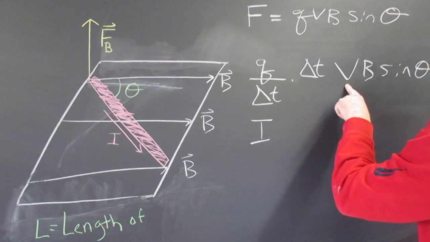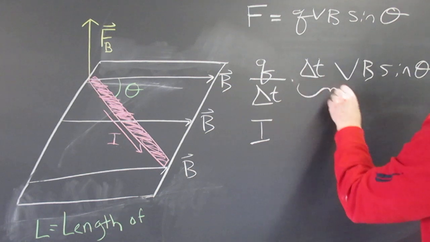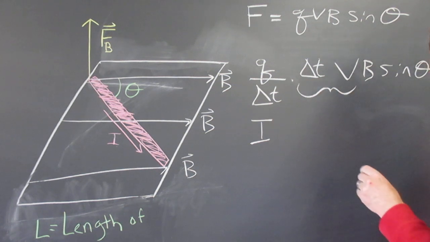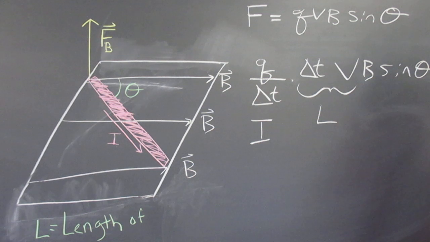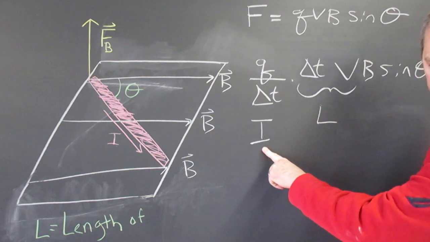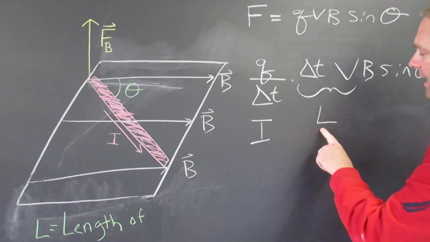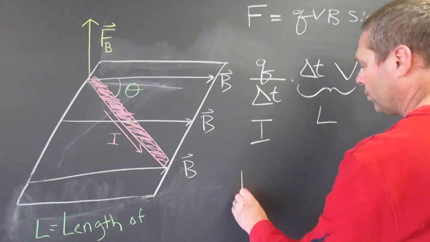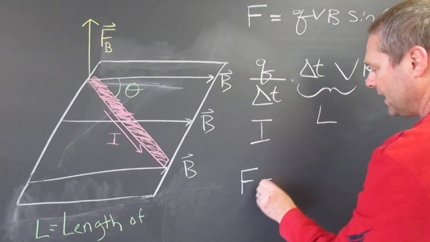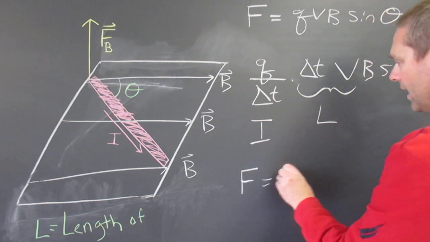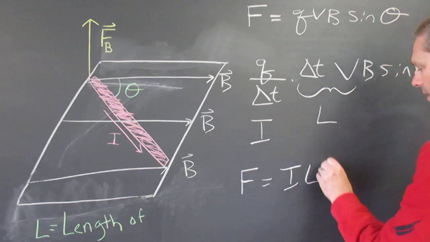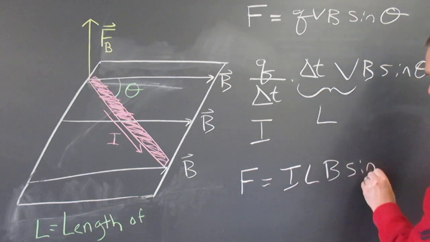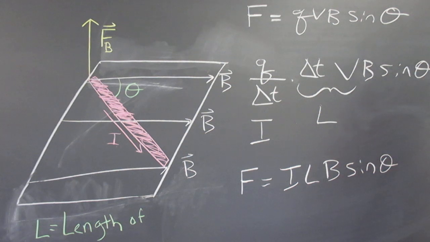If you take a velocity times a time, that's going to equal a length. So once again, I is going to be the current, and L is going to be the length of charge that you have. And we can write this force now as equal to I, L, B, sine of theta. This is a much easier equation to deal with